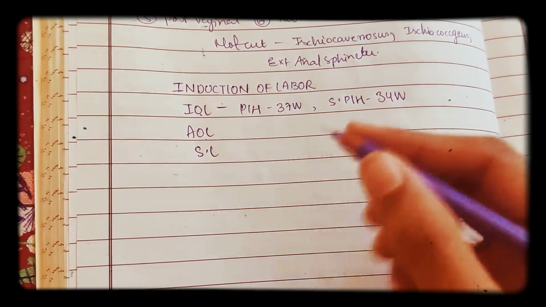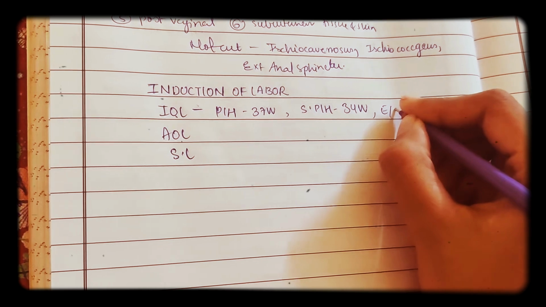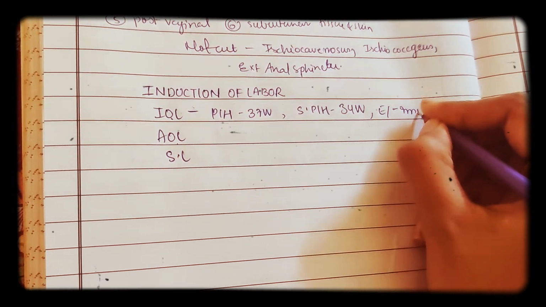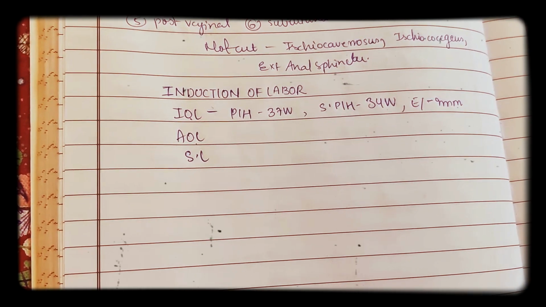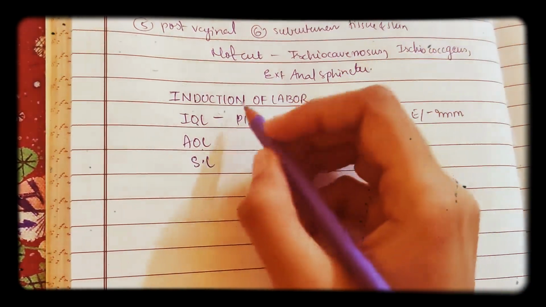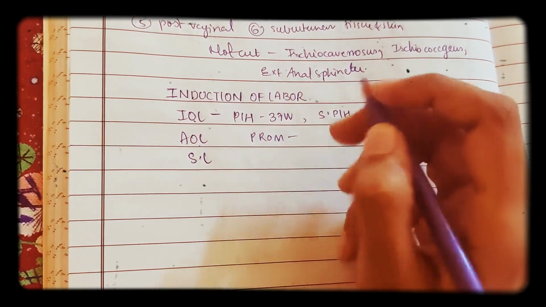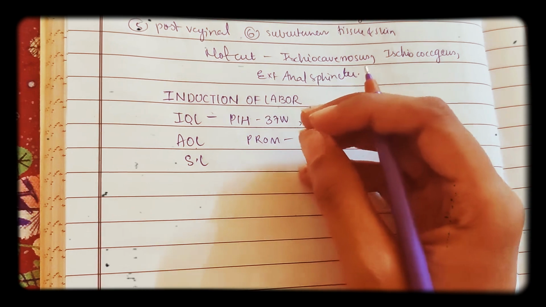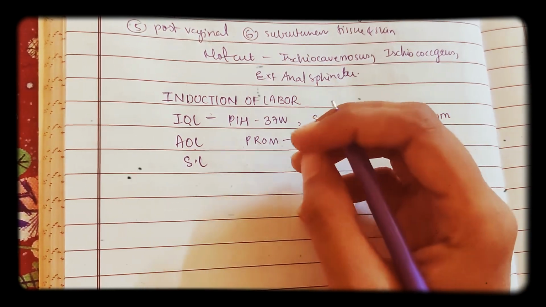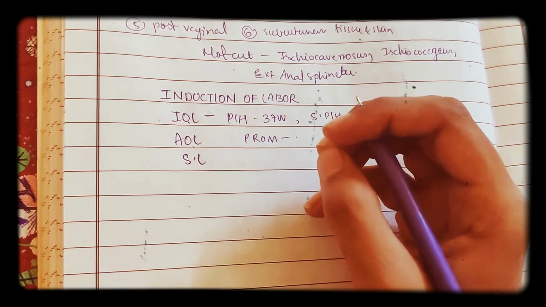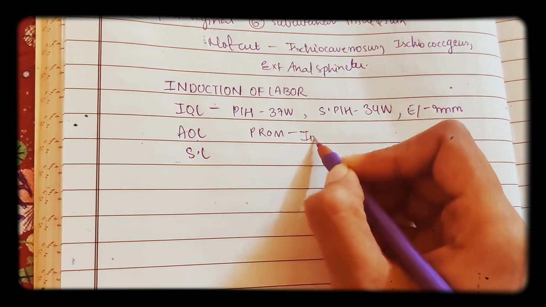And in the case of HELLP syndrome or eclampsia, you will do it immediately, because HELLP syndrome is a very critical condition, and eclampsia as well. That's why we will do it immediately. Coming to premature rupture of membranes, the membranes rupture after 37 weeks but before the labor begins, so induce labor immediately. So membranes are rupturing after 37 weeks, but labor has not begun, so here also you will induce the labor immediately.